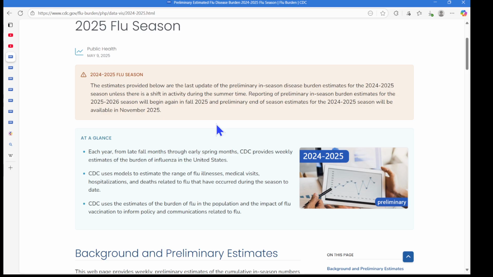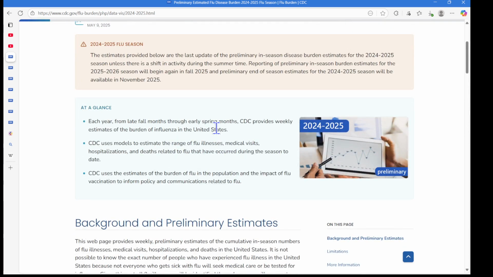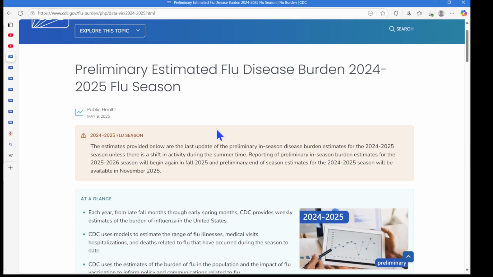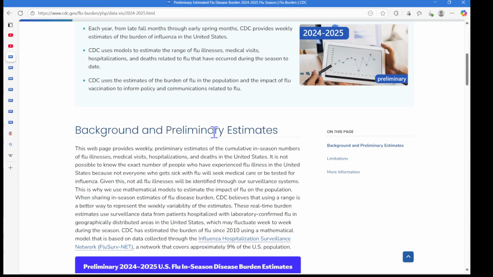So I will mainly be talking about the burden according to CDC data. I'll also be showing, I think, the number of cases that were recorded, or at least lab detections, positivity rate, and death rate. So we'll be discussing all of that today. So the preliminary estimated flu disease burden for the 2024-25 flu season, the full list should come out in November. But from what we have right now,